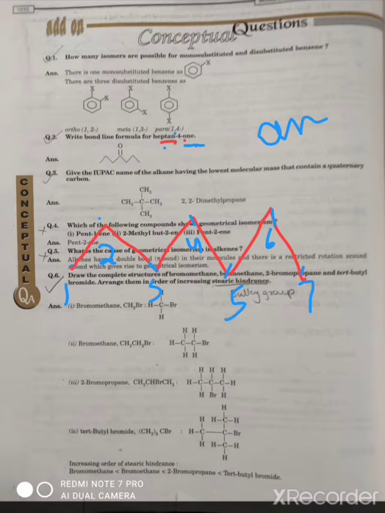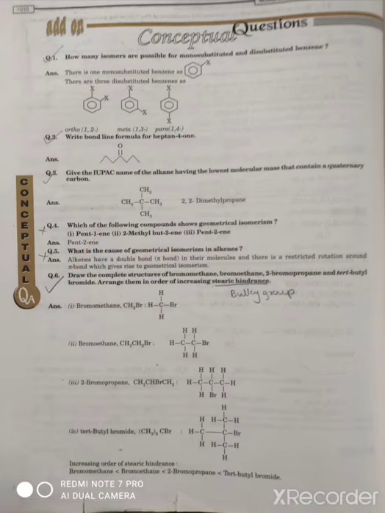So which one is the 4th position here? This one is the 4th position. There you have to make the ketonic group. How do we represent the ketonic group? That is a double bonded O. So this is the bond line formula for heptan-4-one. Similarly, you can get different questions also, where the name will be given and you have to make the bond line formula.